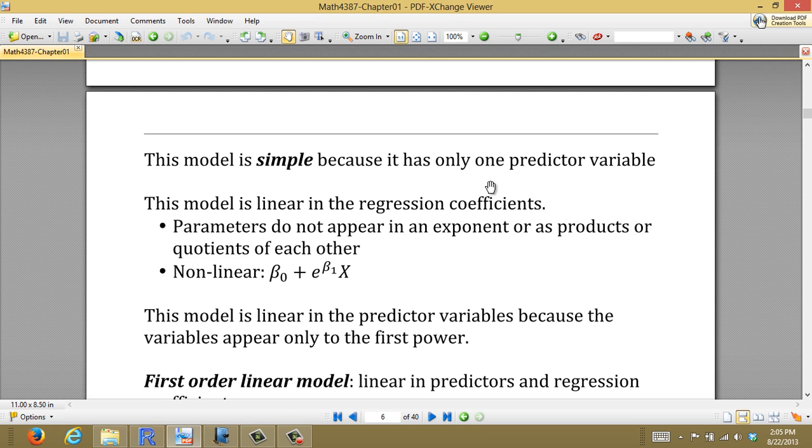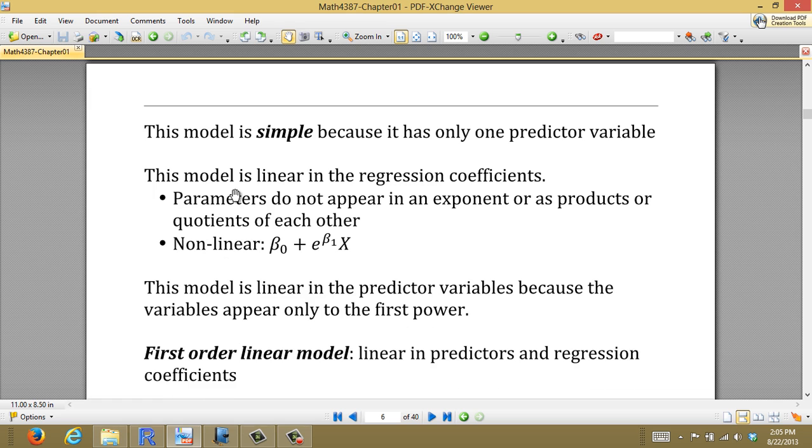As we'll see in later chapters, we can have more than one predictor variable, in which case we're doing multiple linear regression. We're doing multiple regression. So that's why the model is called simple, but then as I mentioned, it's a simple linear regression model. And the model is called linear because it's linear in the regression coefficients. Those are the beta terms,